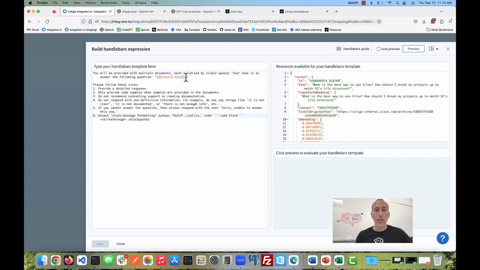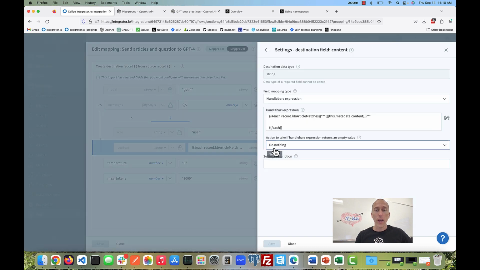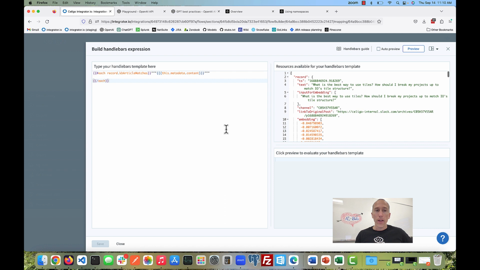The one key thing I just want to highlight is that, using our product, you can make anything dynamic. It's just handlebars, and you can inject anything you want at any point. So the system prompt can be dynamic. And then, of course, we have the user prompt, the second message, role hard-coded user. And if we look at the actual content of the message, we're just doing a handlebars expression for all of the articles that we found as a match, where we surround them in triple quotes like we said we would, and then put in the content from our payload. So again, super easy to make these very dynamic,